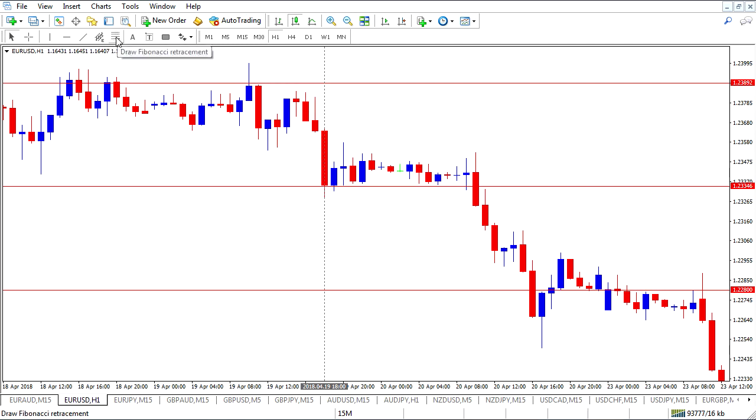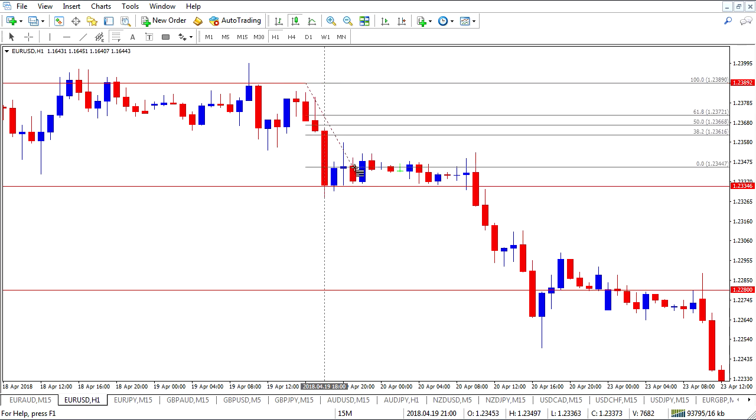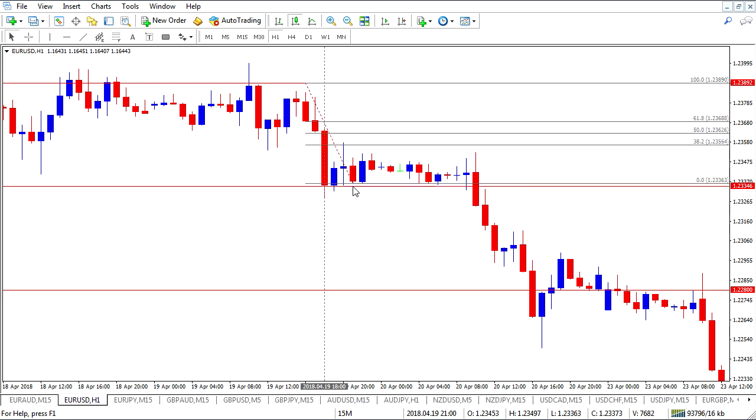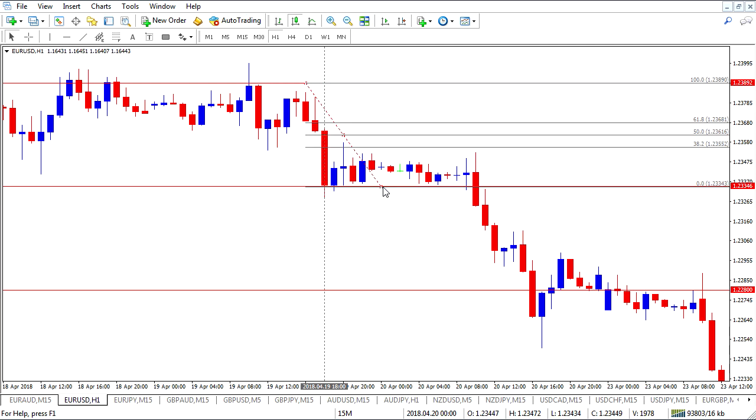So I'm going to get my Fibonacci retracement tool out, and I'm going to connect those two lines, my stop loss and my entry. And what we'll see is the Fibonacci retracement zones, 38.2%, 50%, 61.8%. These are critical. Now, it's the bottom zone that I'm looking for. In this case, it's the